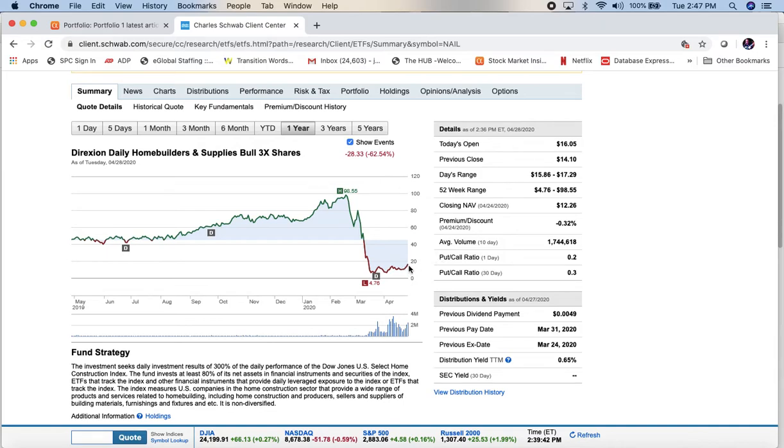But the key is, if you bought this today at $16 a share, say you bought 1,000 shares at $16, and if it were to go up to $50, let me do my math here, it would have gone up $33.95 per share. And if you bought 1,000 shares of that, you just made $33,950 profit. Money in your pocket, or